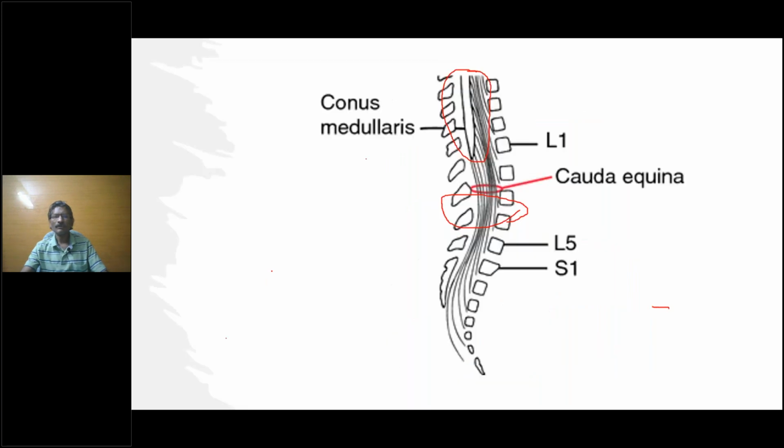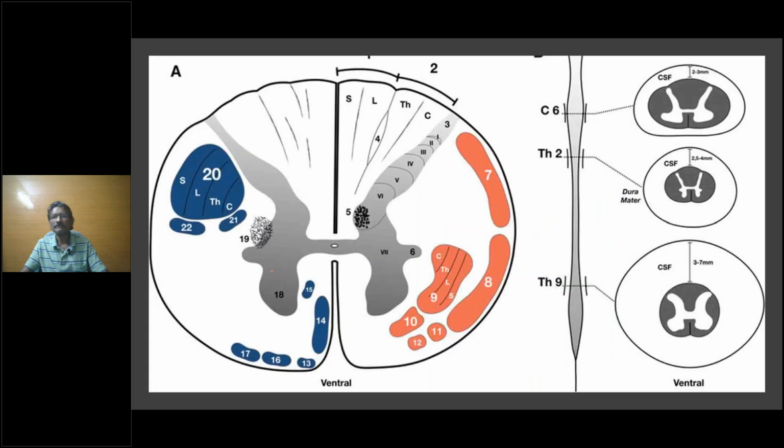Okay. Now going on to this particular diagram. See, why is this diagram important? This diagram, I put it for you to understand the position of the sacral fibers. Sacral fibers are medial in the posterior column. Sacral fibers are outermost in the pyramidal tract. Similarly, in the spinothalamic tract, sacral fibers are anterolateral. Okay. So remember these 3 points.